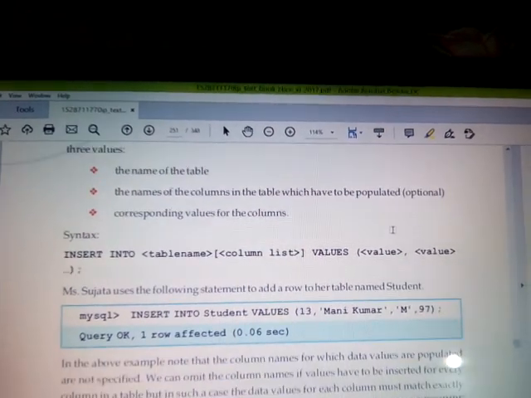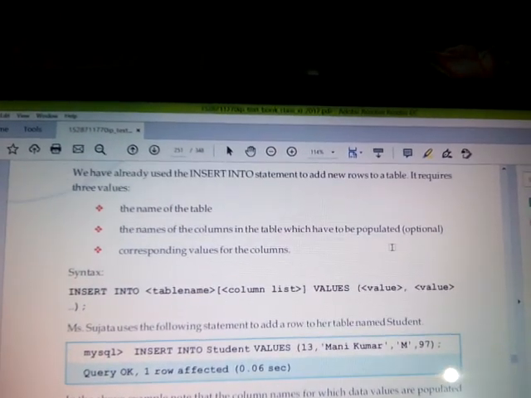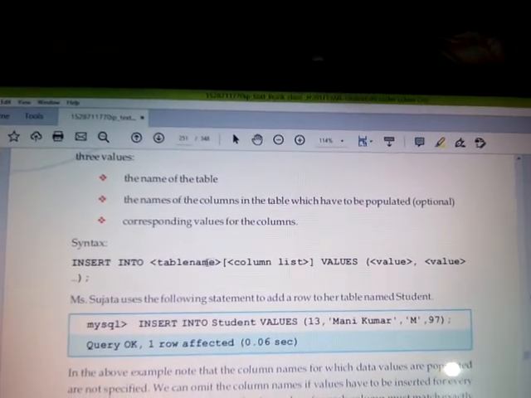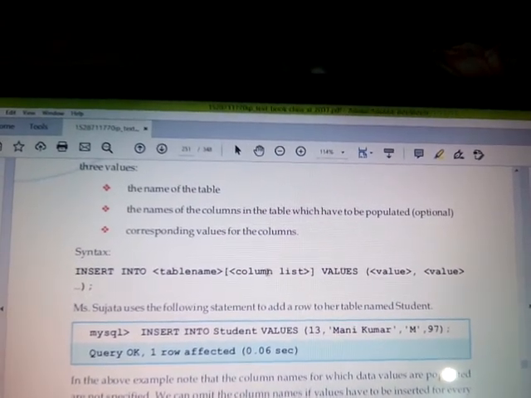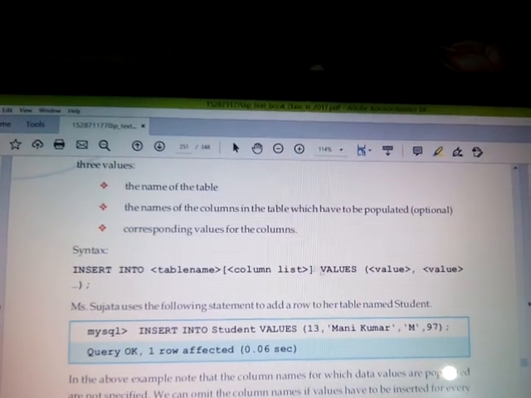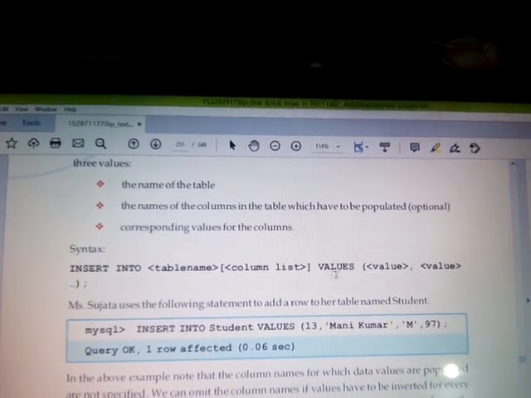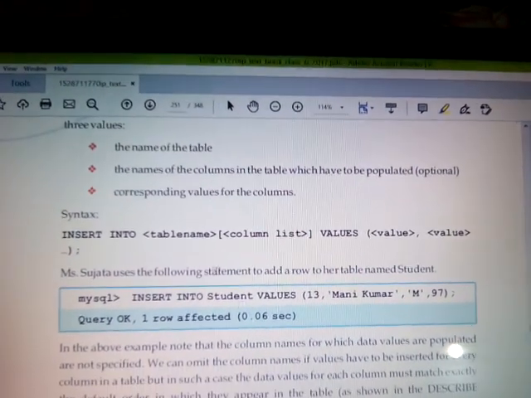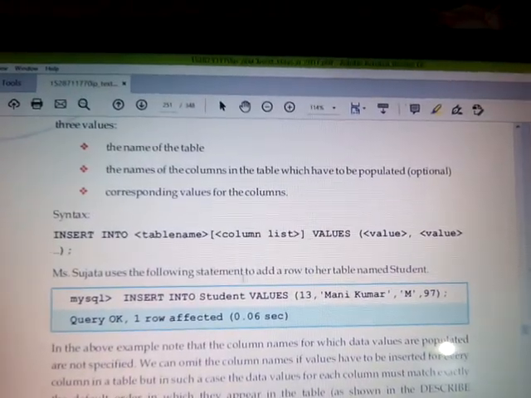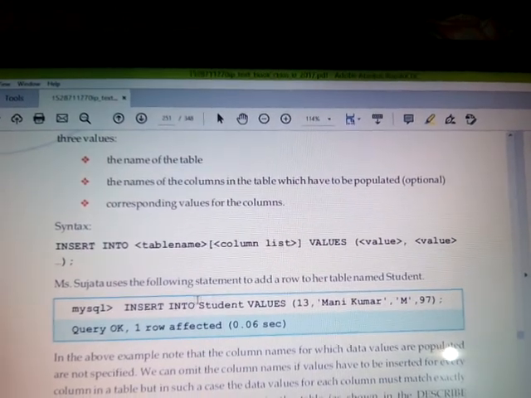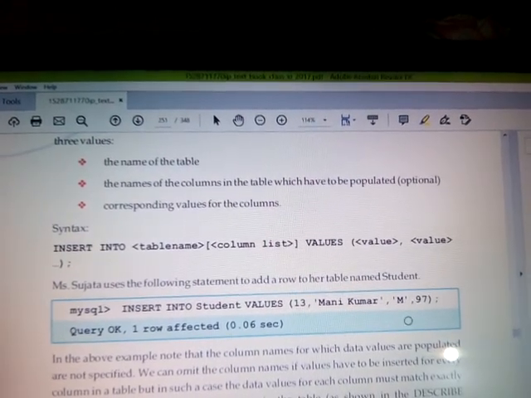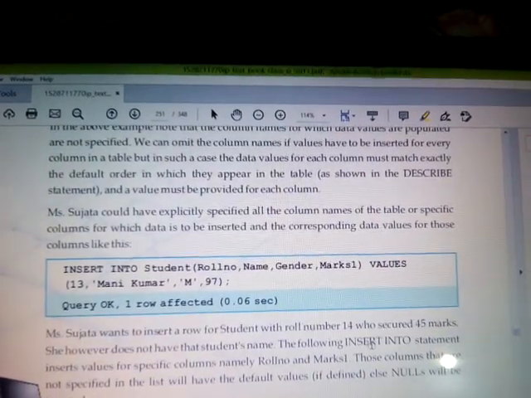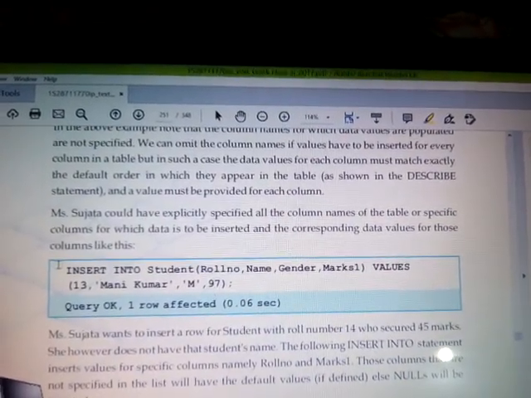This is the last topic, insert. This is again a possible case of inserting a value, that is insert into table name. Just after the table name you are supposed to mention column names, then close the bracket, and then add values and the values which correspond to these columns. See this example, I think this will be clear. Earlier we made use of insert into table name values, and directly in brackets we wrote the values. But as per the different syntax, we can insert the values in such a format.